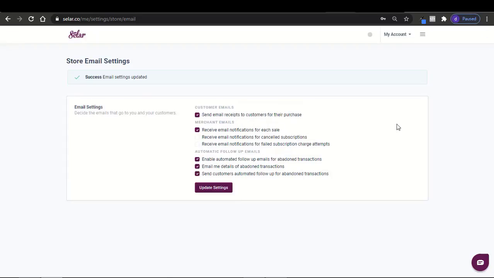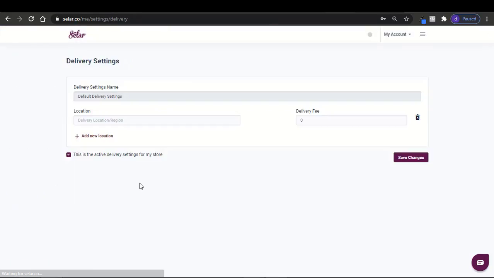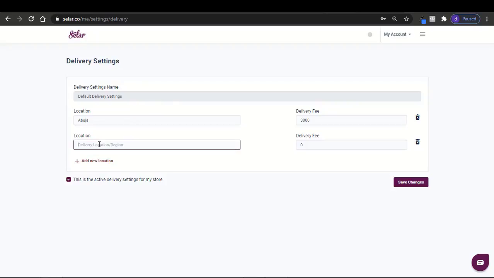Finally, if you sell physical products, you can also set your delivery or shipping fee, and this could be added during checkout once your customer selects from any of the locations you add. So to do this, go to the hamburger icon and to settings, and then you go to store delivery settings. Now this store delivery option is only available for physical products, right? So if you have a physical product, you can just put in the location, let's say Abuja, and you put in the delivery fee, we say is 3,000. That's just a guess. And then we say Lagos